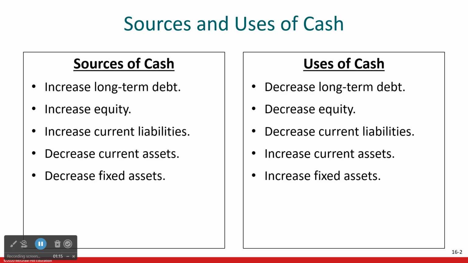And then if we decrease our fixed assets, meaning we sell our fixed assets, we would sell them for cash. As we see here, the uses of cash relate to either increasing our assets or decreasing our liabilities and our